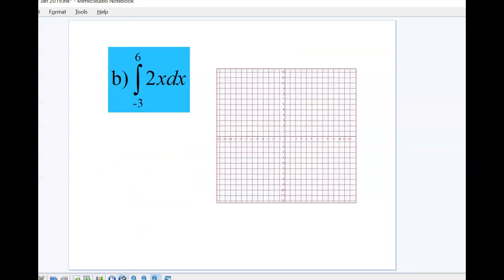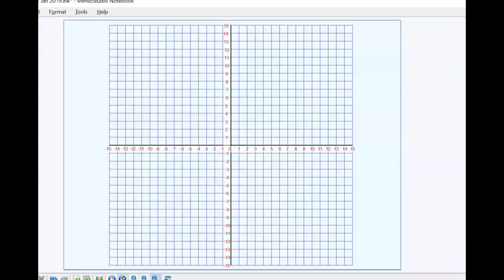Okay, in our next example, we have the integral from -3 to 6 of 2x. And 2x is just a linear function. So I'm just going to go to a bigger graph here. So we have the function y equals 2x. And if I made a table of values, my table of values is going from -3 all the way up to 6. So I'm going to plot 3